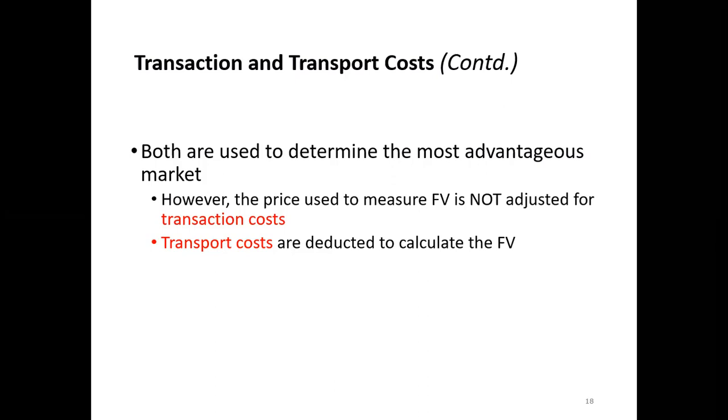So therefore it is nothing to do with the asset or liability. Hence you cannot adjust for the transaction cost when you are deciding the fair value. But you can adjust for the transportation cost. Why is that? Because the location is what gives rise to the transport cost. The location, we agree, is a characteristic of the asset. If it is a characteristic of the asset, then we must allow it to be deducted. So hence, yes, the transportation cost is allowed. That is the underlying argument for that.